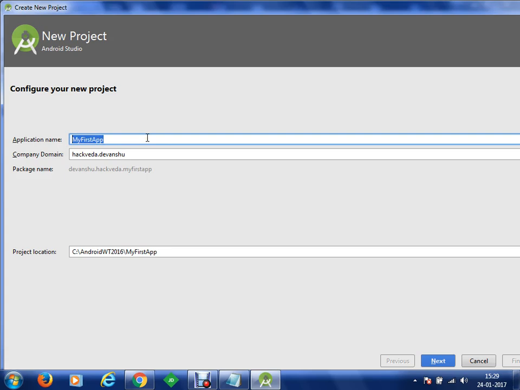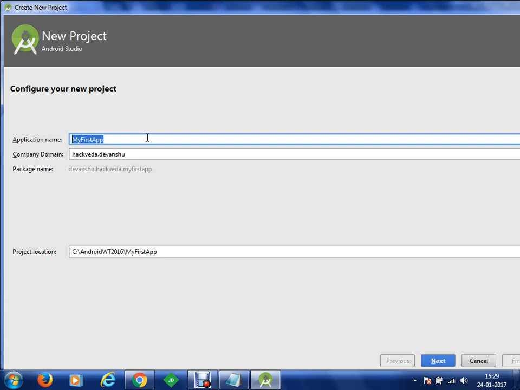There are three entities as far as Android development, or any application development, is concerned. The first entity is the Google Play Store. The Google Play Store will identify your applications with a package name. Then there are devices, the practical devices on which your applications will be installed. Your devices will also identify unique applications using the package name.